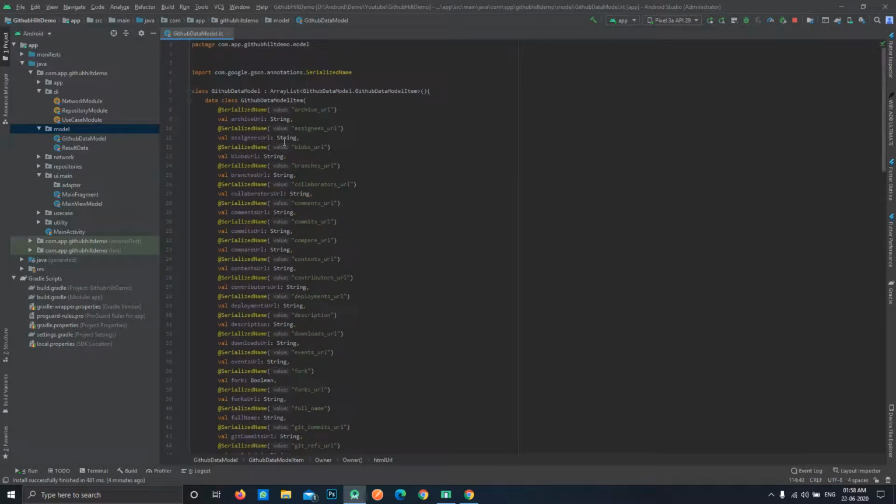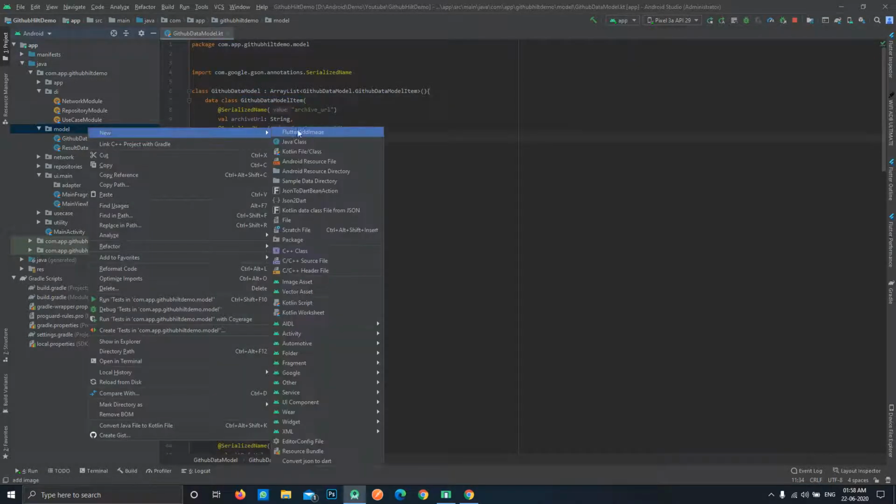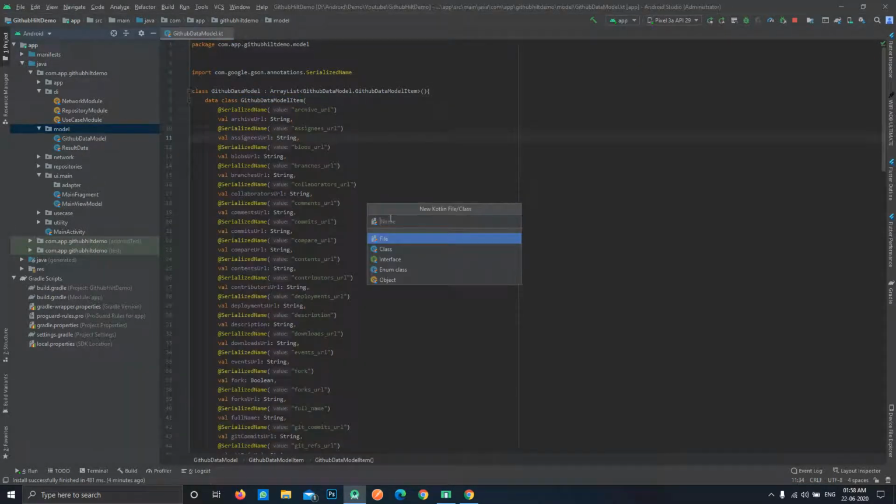Firstly we'll copy the name of our inner model class, because it is the class which will act as the type of the list item. So just copy this name. You can use any name, but I am just using this name so that when there is more than one data class, it is never duplicated.